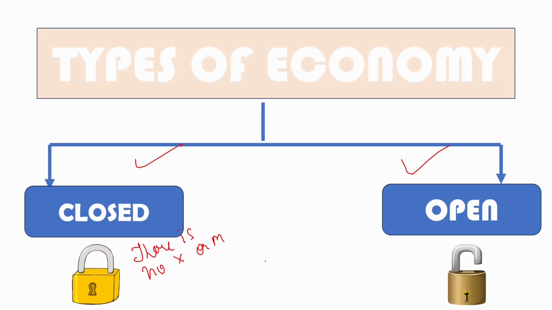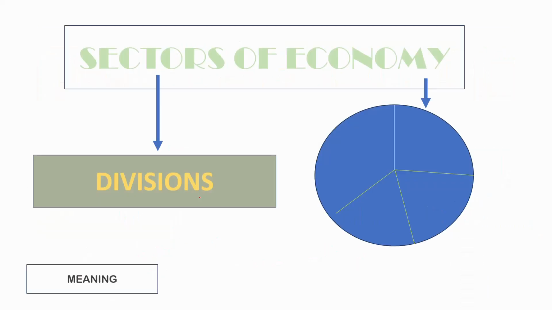Whereas in an open economy, it is exactly the opposite. The country trades with other countries for materials, for goods, for services. There is export and import of goods and services with other countries. So these are the two types of economy that we have. In this lesson, we will be talking about closed economy. This is an important thing. That means there are no business relations with other countries in the world. All the exchange of goods and services takes place within the country itself.